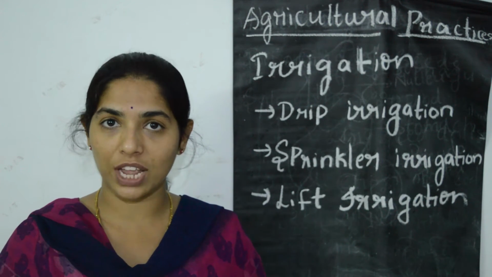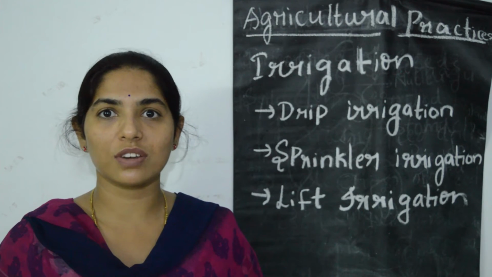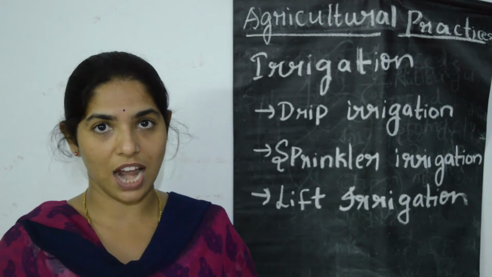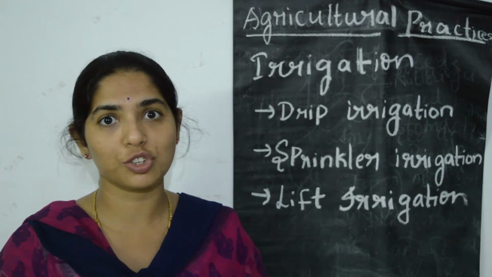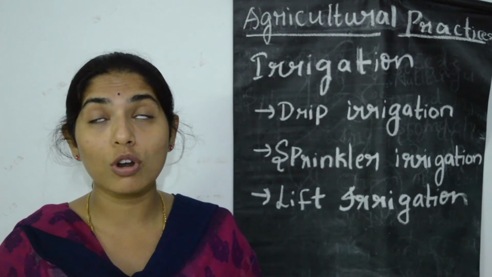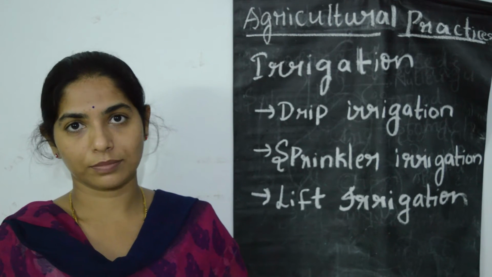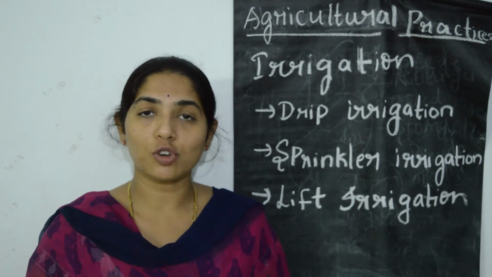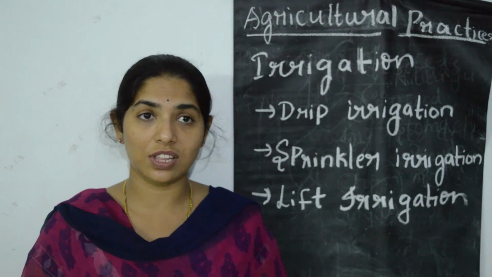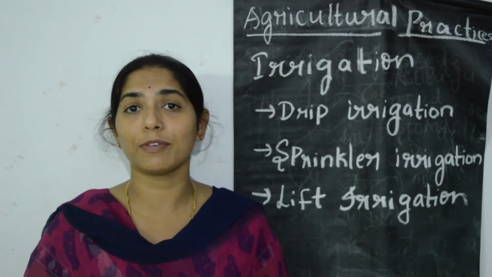For example, if you take sandy soils, more water will be evaporated from the sandy soil. So any crop that is grown in sandy soils should be given more water. At the same time, water should be given to the plant or field at different stages. For example, more water is needed before tilling.